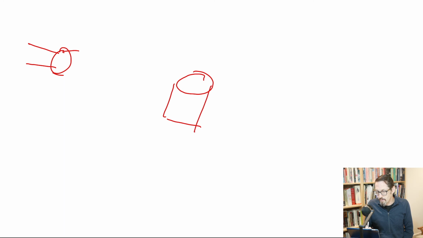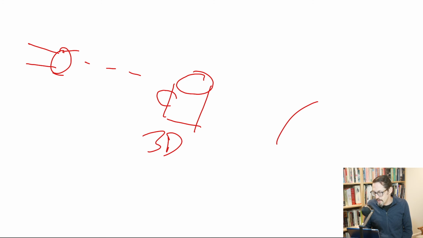So what I'm talking about is if I have a flashlight here, right? And I have something that I set in front of the flashlight, like a coffee mug, okay? That is a 3D object, and it's going to produce a shadow that I'm going to draw poorly, okay?